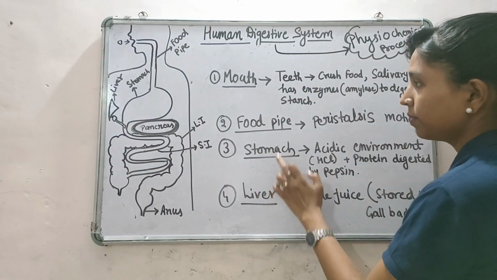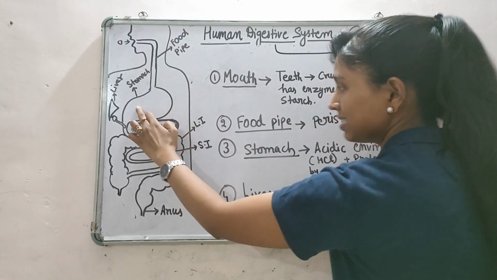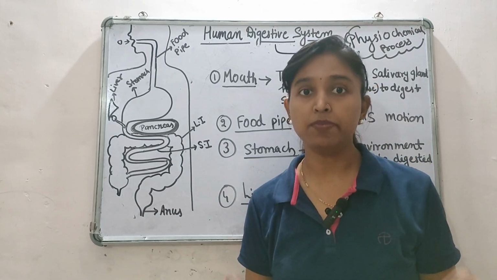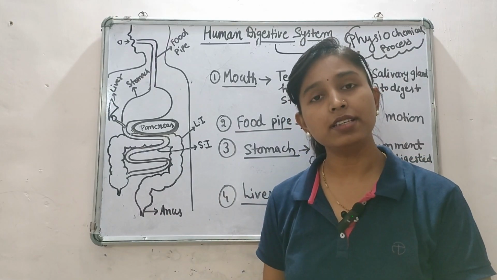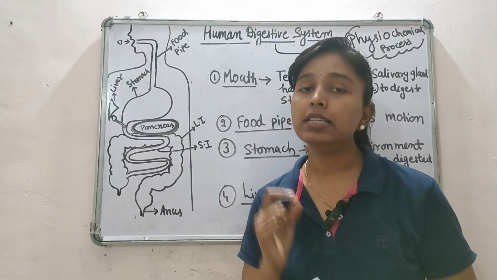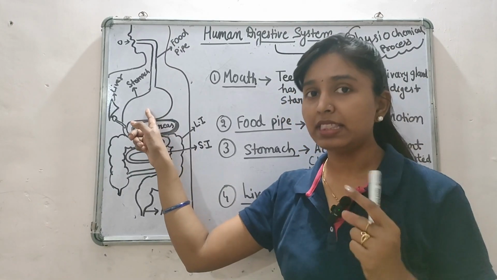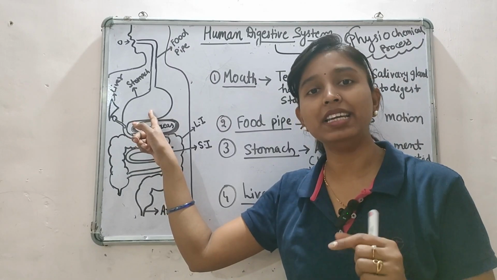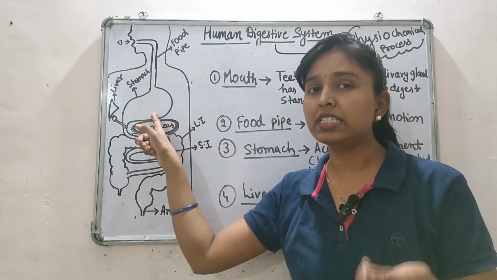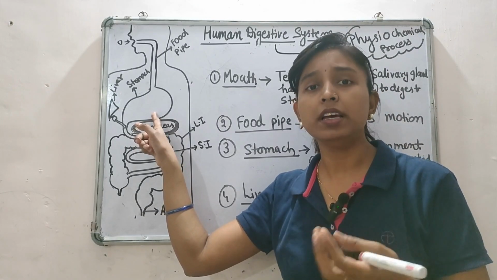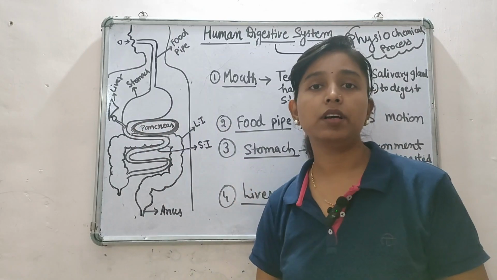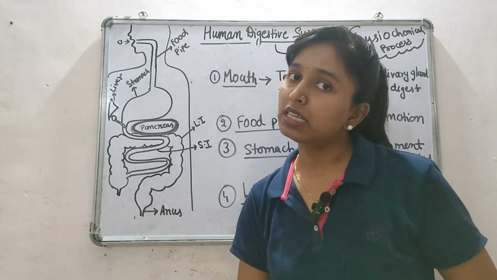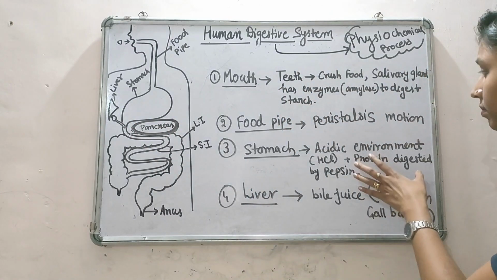Okay, the next organ is the stomach. When food comes to the stomach, there is an acidic environment inside it. Which acid is responsible for that acidic environment? That is hydrochloric acid. Hydrochloric acid is present in the stomach, and it helps in the digestion of the food as well as detoxifying the bacteria inside the food. When we eat junk food and unhealthy food, most of the bacteria are neutralized by the HCl present in the stomach. HCl is hydrochloric acid.